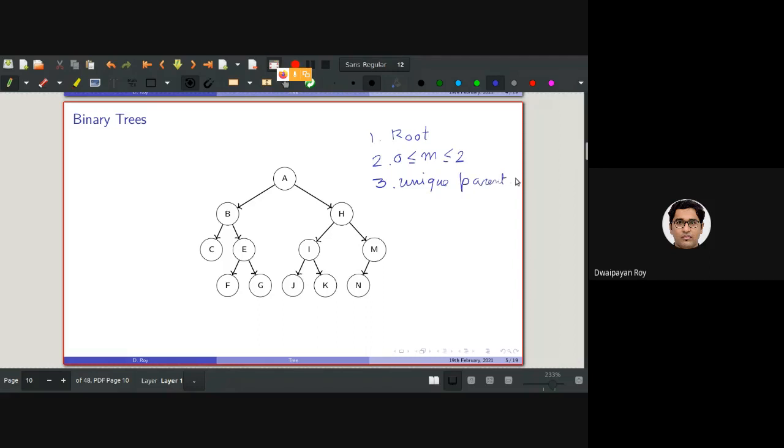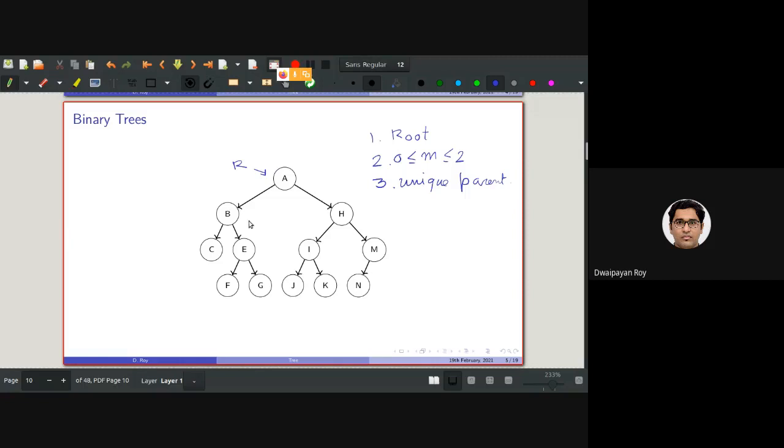All right. So here, this is an example of a binary tree. Why? So this is basically the root. And the rest of the nodes, as you can see, are from B to N. Initially, they can be broken up into two disjoint subsets.